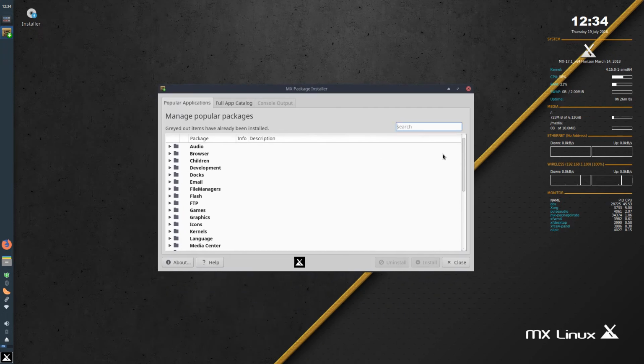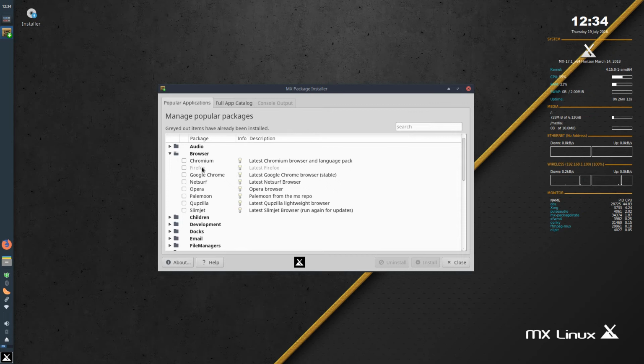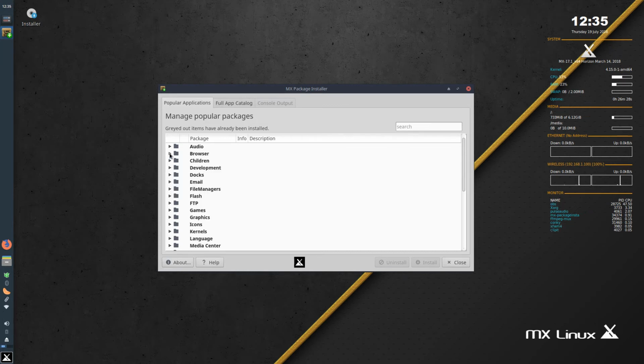Right here you have categories. Let's say you want a browser, you can just find them right here. Of course, we already have Firefox, which is not the latest Firefox, but you have a bunch of browsers here. And of course, if you want to install something like Brave, for example, you can install it yourself